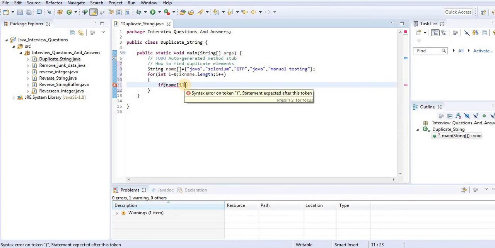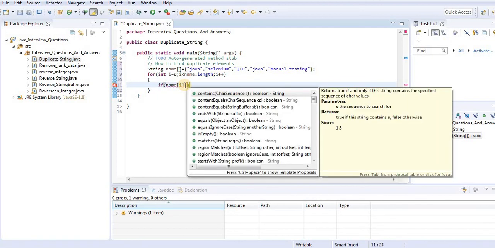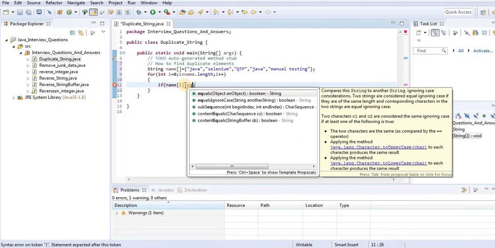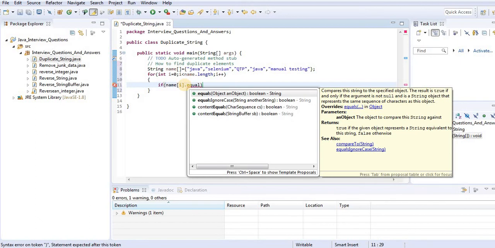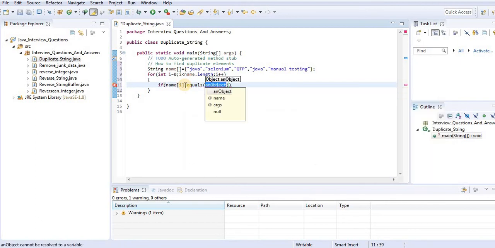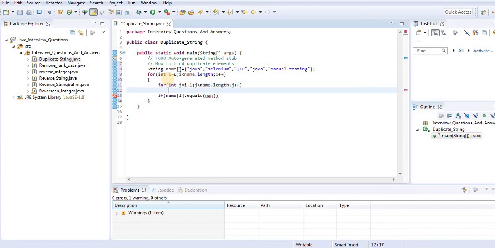For name[i], we have a method in the string class, that is equals: name[i].equals(name[j]). So another loop we have to continue, like int j equals i plus 1, j less than name.length, j plus plus.